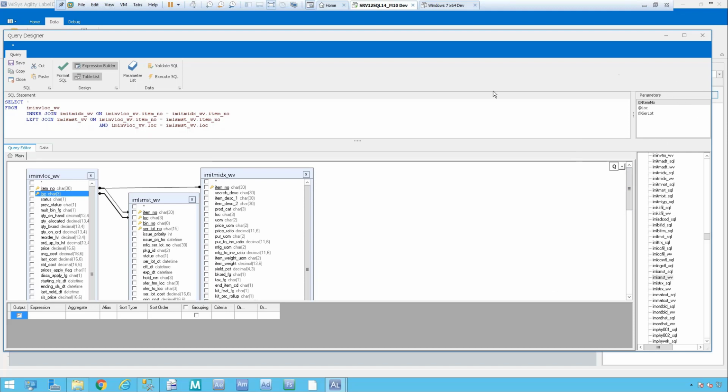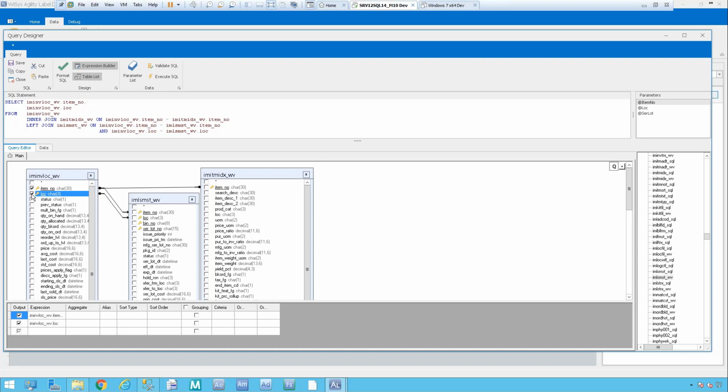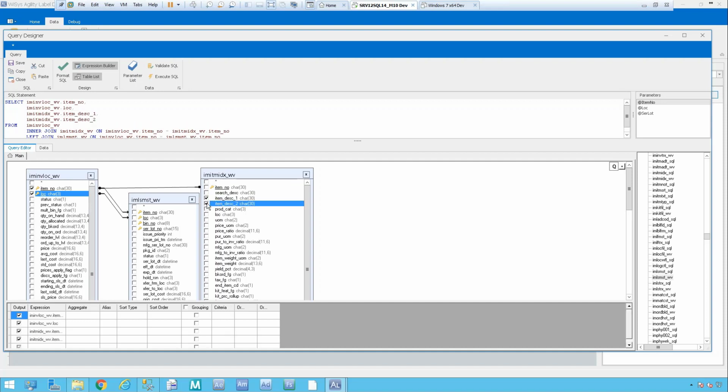And you'll notice that I can see my parameters over here. Now, I don't want all my fields in this particular label. I probably want my item number. I want my location. I don't probably need anything else from here. I do want my descriptions, so I'm going to go on ahead and click on my item descriptions that I want to grab from my location file here. And let's see, what else do I need? From here, I want my serial lot number, and I probably want my